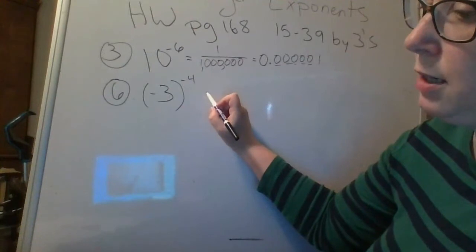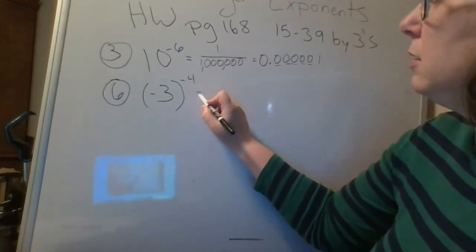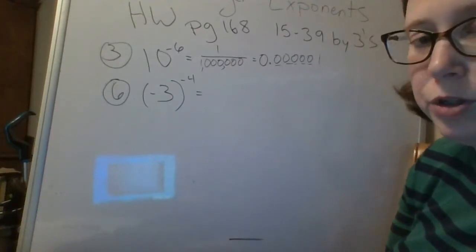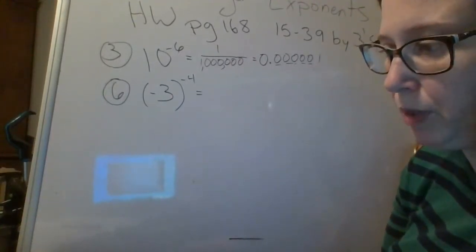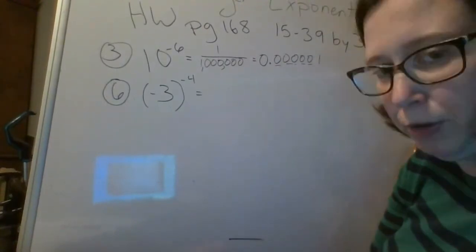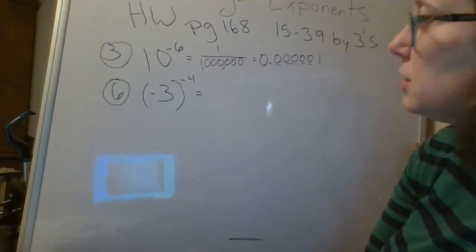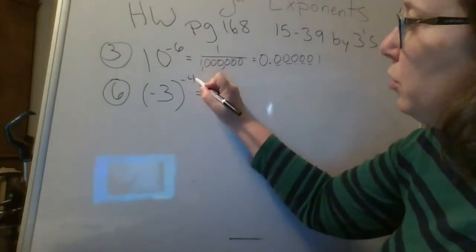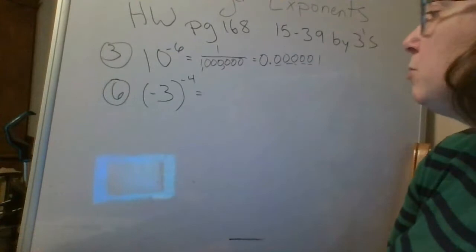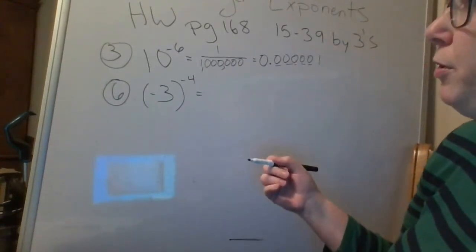It does not say decimal or fraction here, but I would highly recommend you just go to a fraction because, as I've said many times, algebra loves fractions way more than it likes decimals. So we're going to go to fractions here if it's not specified that we're supposed to go to a decimal. When you simplify